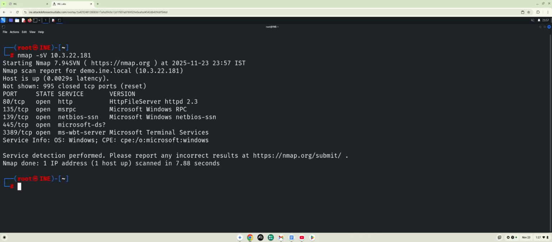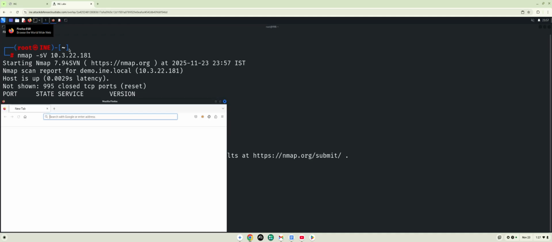And like I said, a lot of these steps are going to look very familiar if you watched my previous video. The purpose of that video was to conduct privilege escalation by bypassing UAC. So you're going to see a lot of similarities here, but eventually we're going to branch off into some different processes. Now that I see that port 80 is open, let's pay a visit